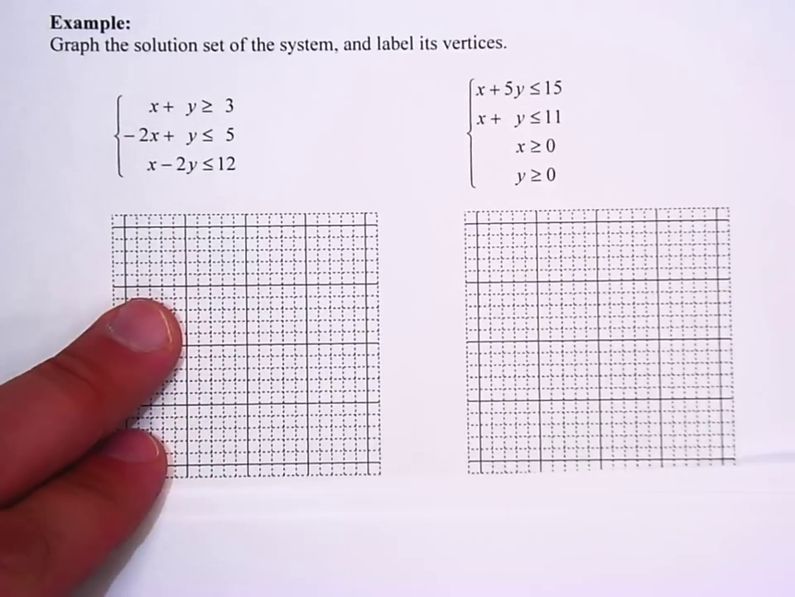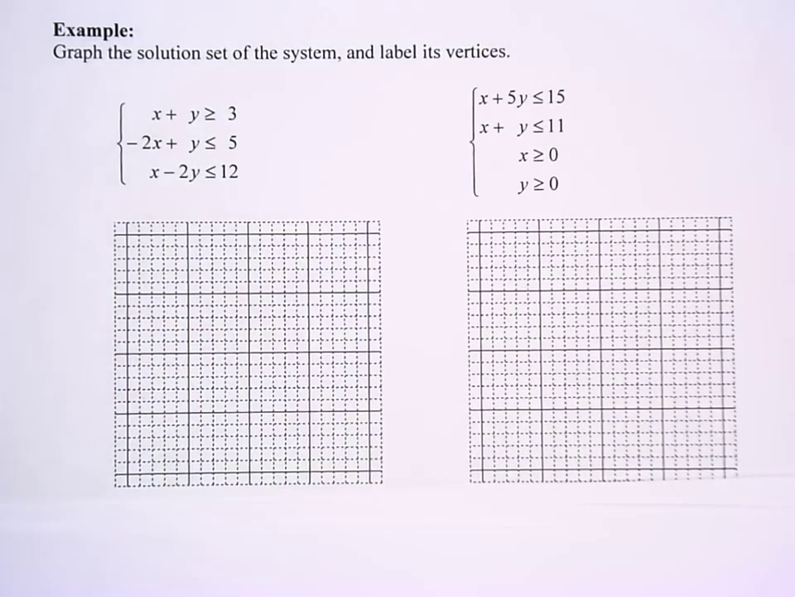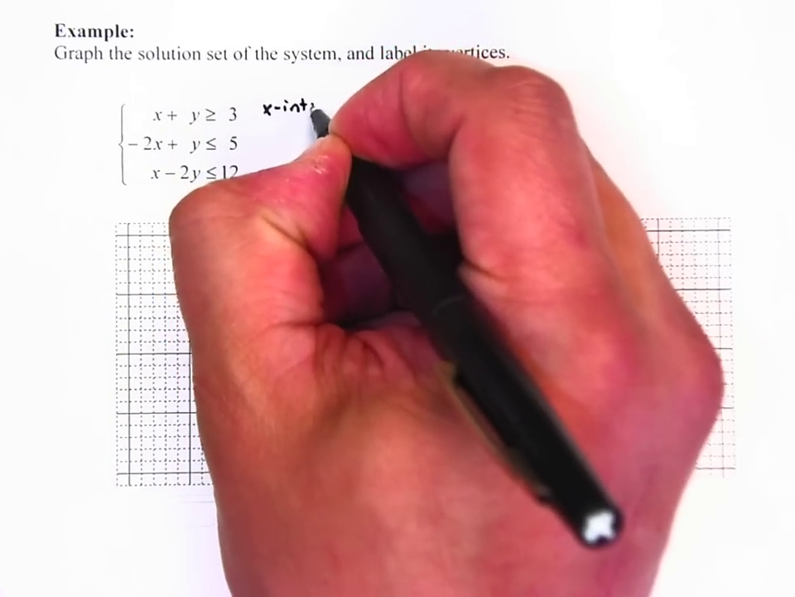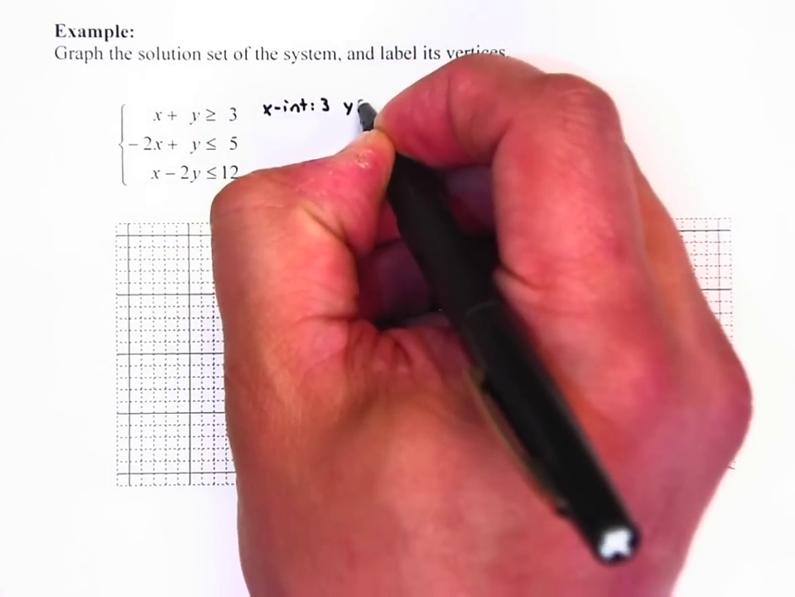Alright, so the first one we got is x plus y is greater than or equal to 3. The good thing is I know the x-intercept is 3, the y-intercept